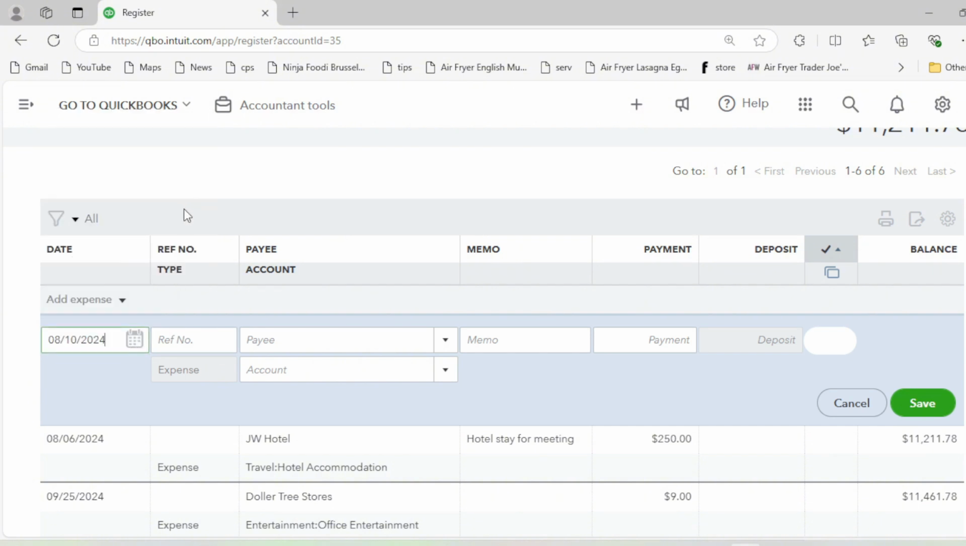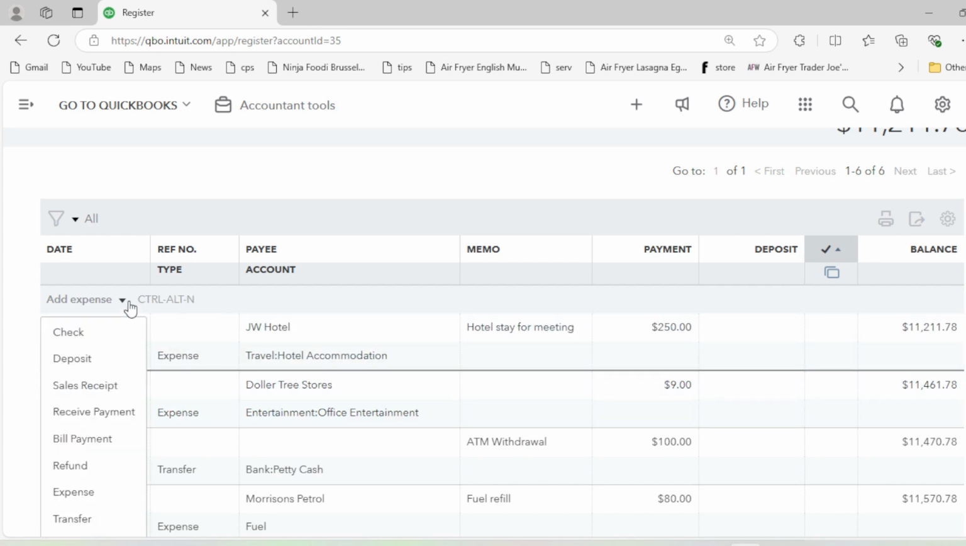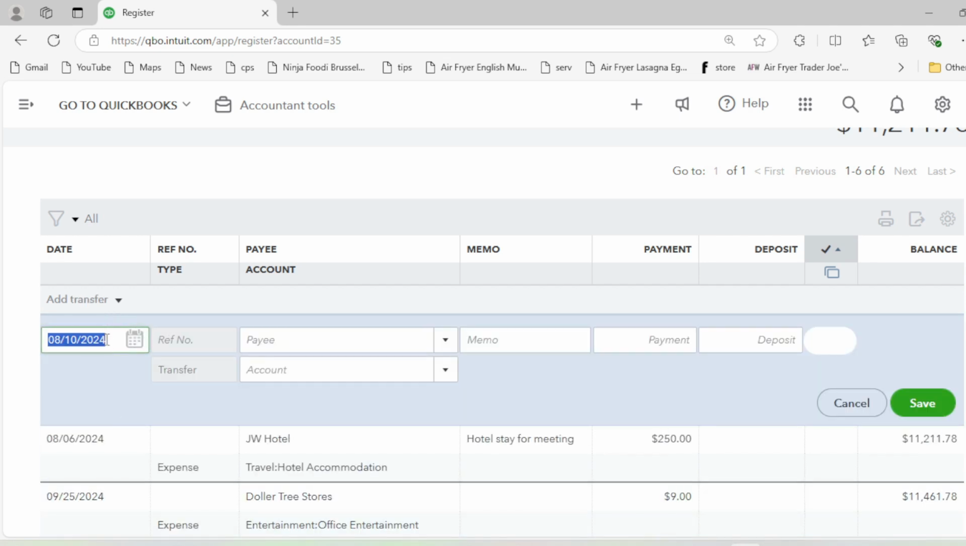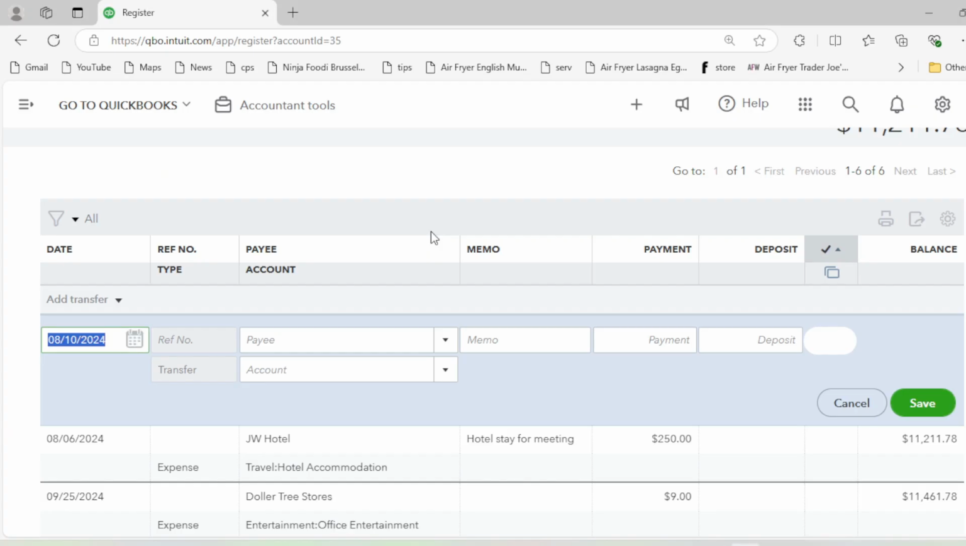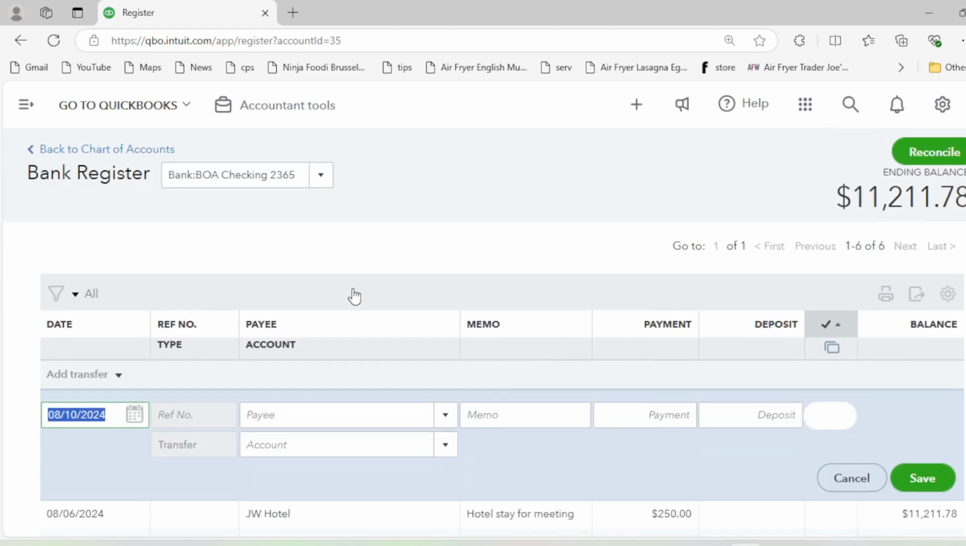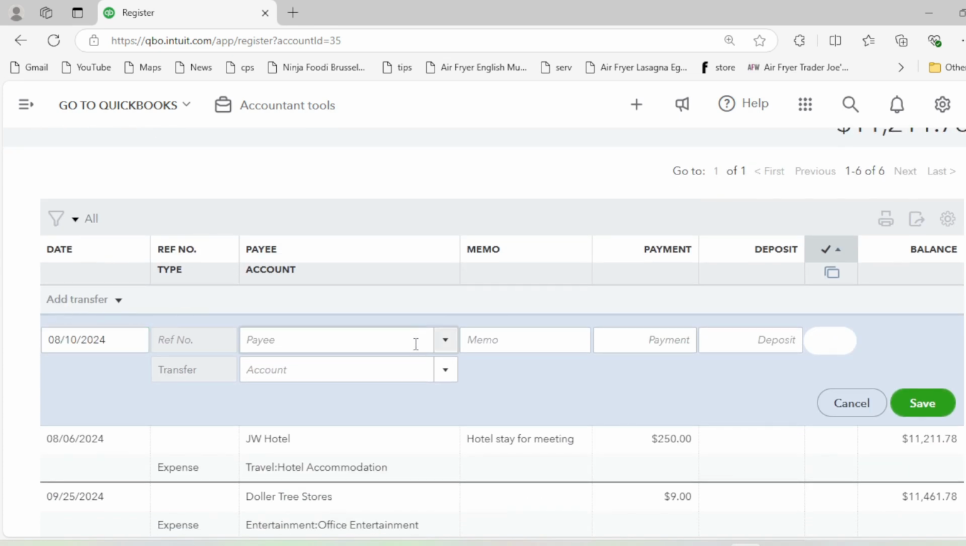Sorry, I have to cancel it, and I have to select here transfer. Now what transfer does is that it allows you to share the money between the two accounts. This is the bank register of Bank of America, and I'm using the transfer feature now. So I'm going to add $100 as a payment,